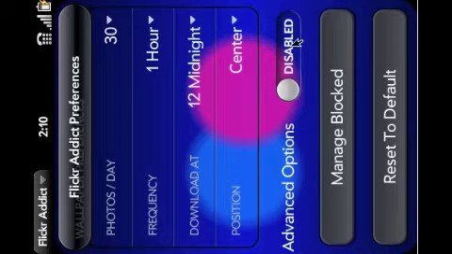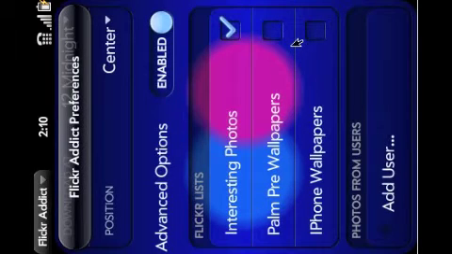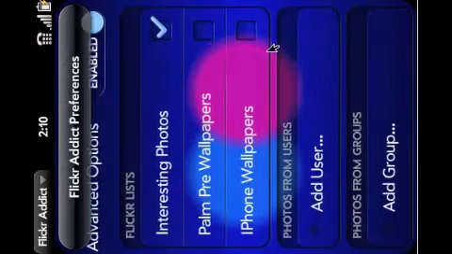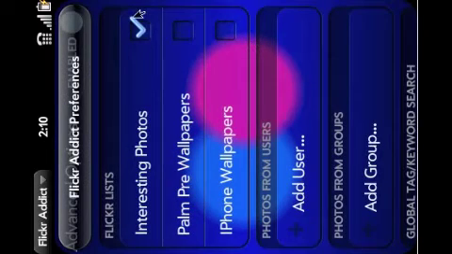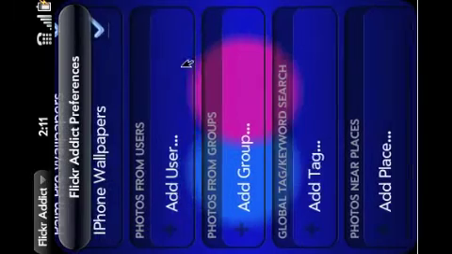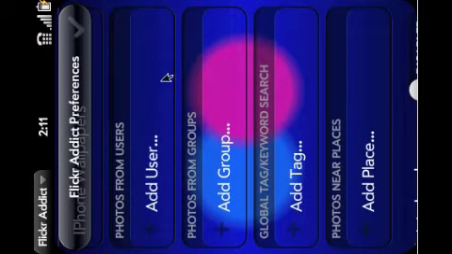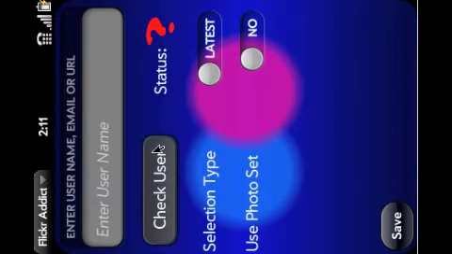There are a number of extra options for the more confident Flickr users. Here you can see you can choose to download from Flickr's interesting photos, which are the best photos uploaded to Flickr for that day, and that's the default selection. There's also the Palm Pre wallpapers and iPhone wallpapers groups, which contain photos that are specifically designed to fit your screen. You can choose to pull photos from any number of users, so just tap the add user button there,